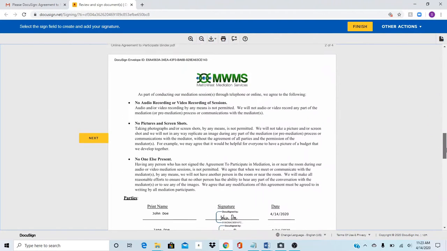This next page is new, and this is an agreement to participate online that we've added. And there's several important parts to it. So the first is that everyone's agreeing, parties and mediators, that there'll be no audio or video recording of sessions. This is really important for confidentiality, and so everyone's agreeing to not record this in any way. There'll be no pictures or screenshots, so either through using the screenshot function on the computer or taking a picture with a phone, everyone's agreeing that they will not do that